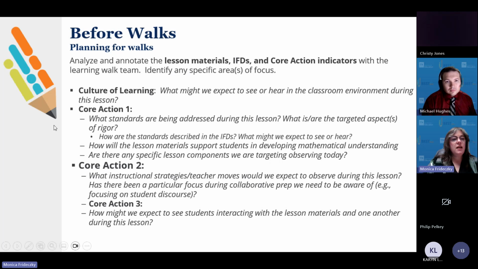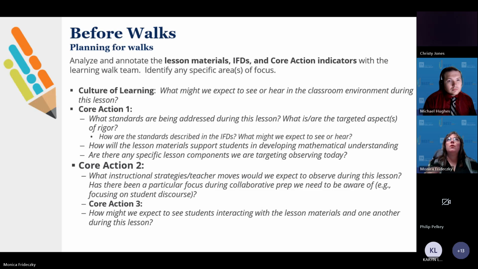One key thing, if I could just say one big thing that I would recommend, is if you have access to the materials and you know what lesson you're going to be observing, review some of that lesson, review some of the materials and the instructional focus documents that address the standard that you're going to observe,